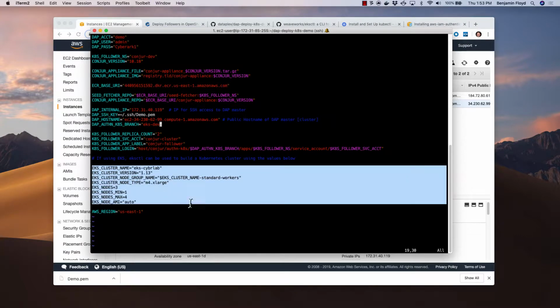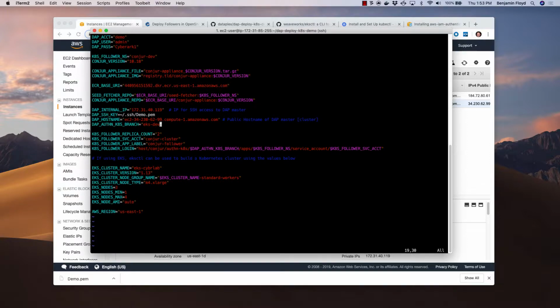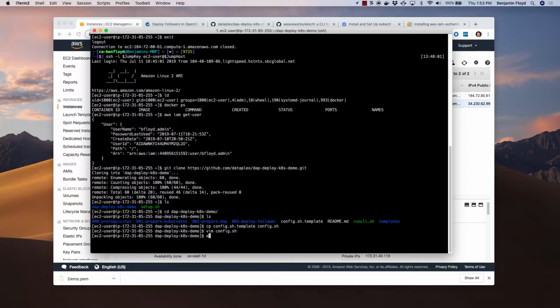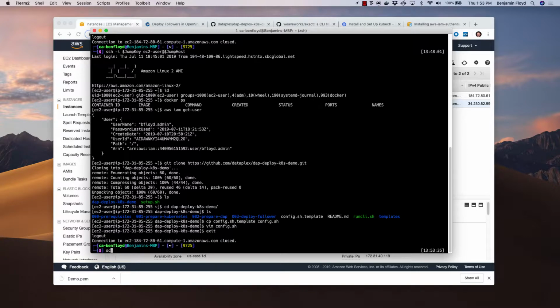This information below here can be ignored if you're working with an existing Kubernetes setup. If you're not, this is what determines how EKS is deployed. In this case, I'm using Kubernetes 1.13, and I'm using M4 extra large instances for the worker nodes. So we'll go ahead and save this. The other thing I do is copy